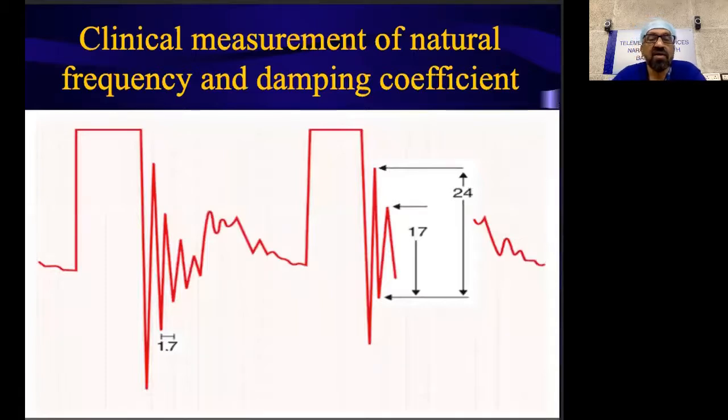How do we know the natural frequency and damping coefficient? For this, we do a fast flush test. That is, we need to pull the tab on the transducer and release it suddenly, which produces secondary waveforms on the pressure tracing. The distance between the adjacent oscillation peaks determines the natural frequency, whereas the height of the adjacent peaks tells us about the damping coefficient.